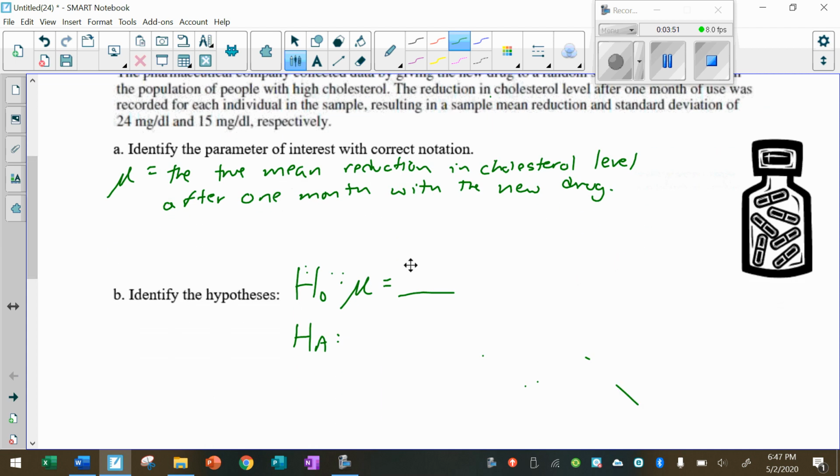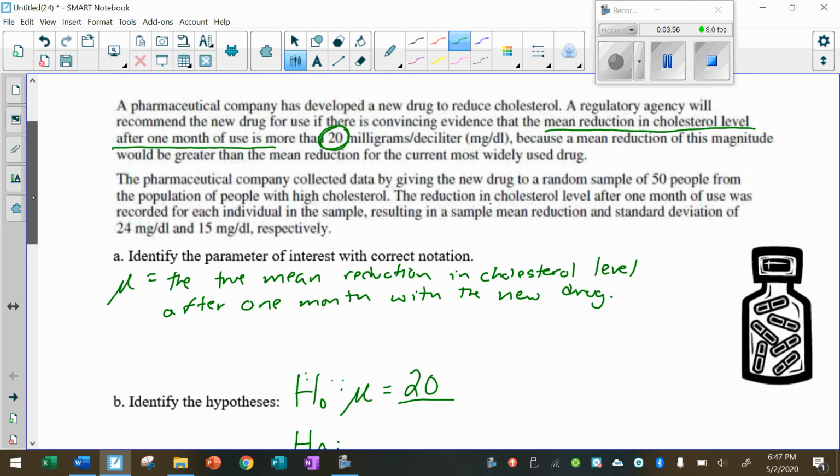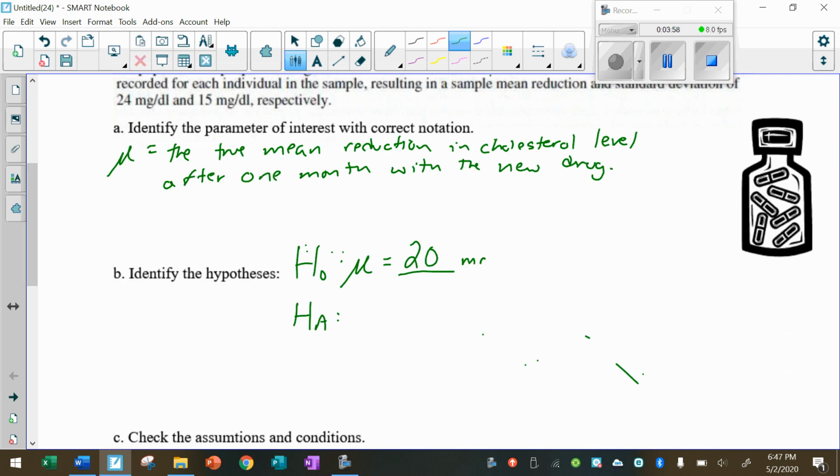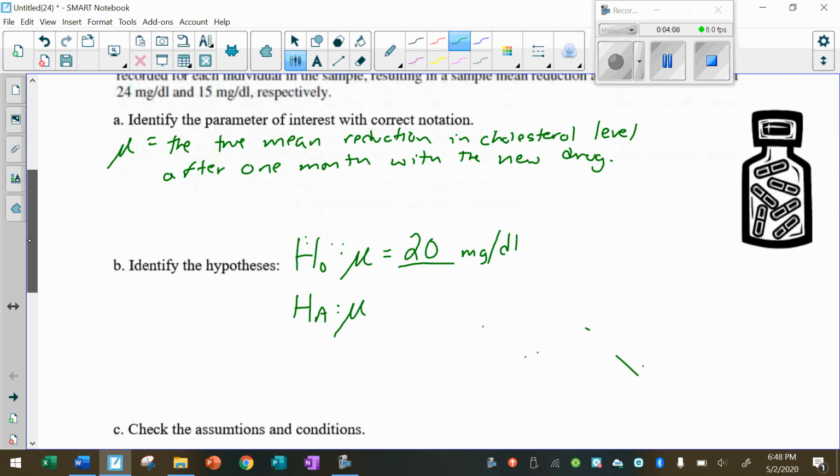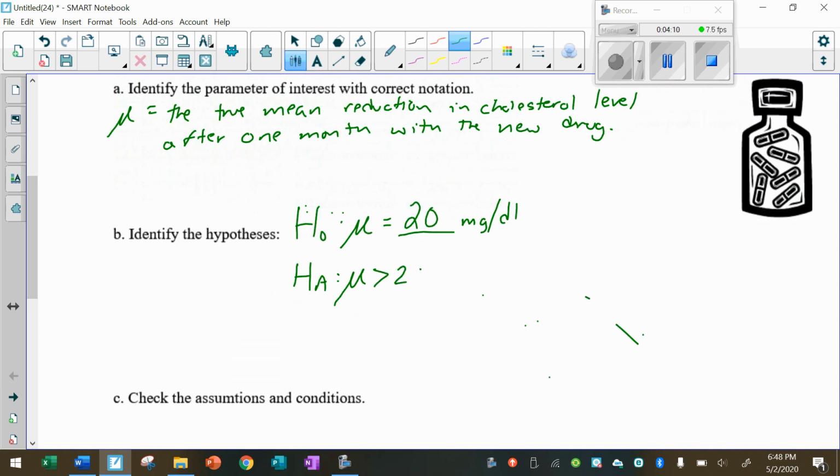So the null hypothesis will be mu equals 20 milligrams per deciliter. And we want to show that the new drug has a reduction that is significantly more than 20 milligrams per deciliter. All right, so just like with the one proportion z-test, the alternative can be greater than, the alternative can